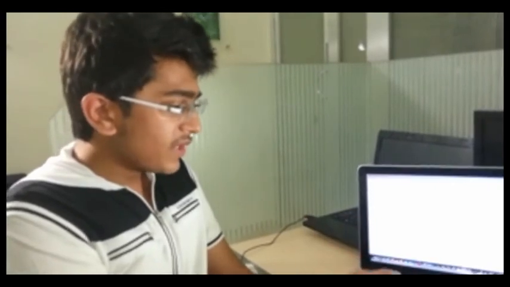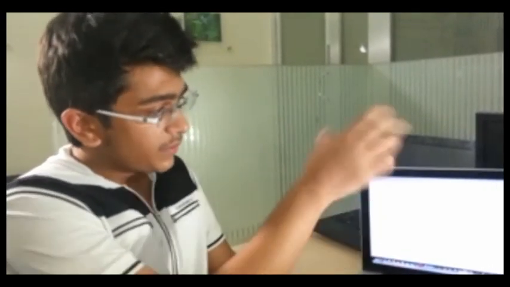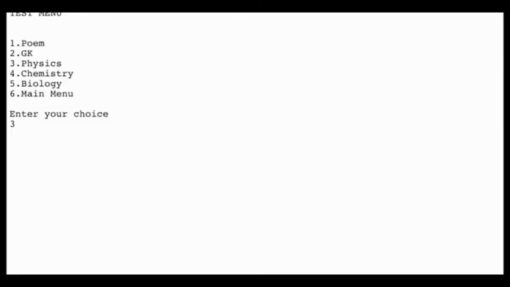Now comes the 4th menu, that is the test option. So the test option is just if you have revised the previous 3 menus and you want to review what you have learned from it. So you can just go on to the test menu, as I am going now. So as you can see, I have gone on to the test menu, and here you are able to see the same options that are present on the main menu. So now if you go on one of the options, it will just tell you about the sentences that are present, the questions, and then you have to enter the sentence, and then you have to enter the mnemonics, and then with the help of those 2 things you have to enter the final answer, and based on the number of right answers that you give, it will calculate your score and give you a percentage.